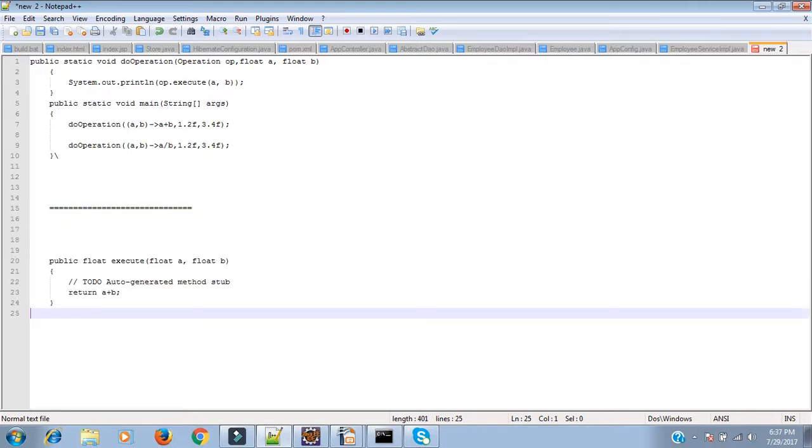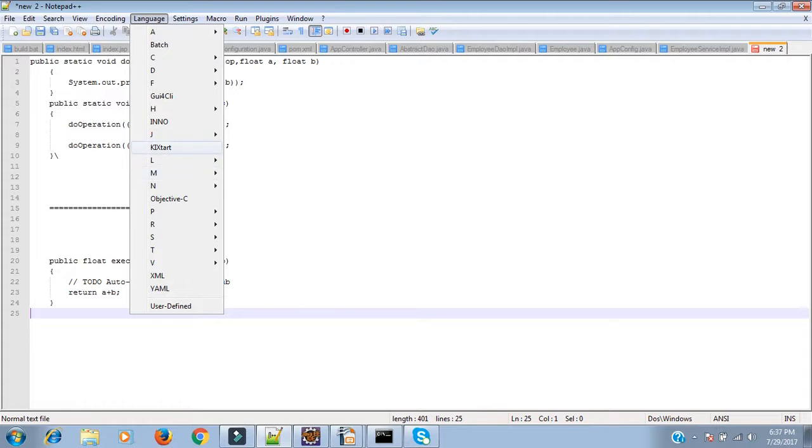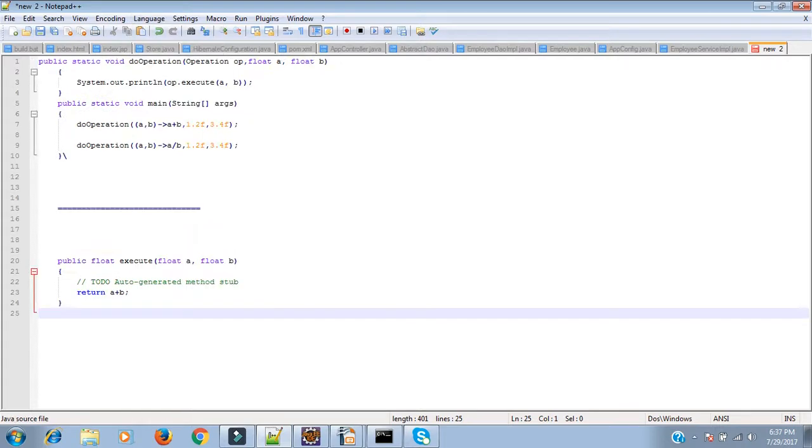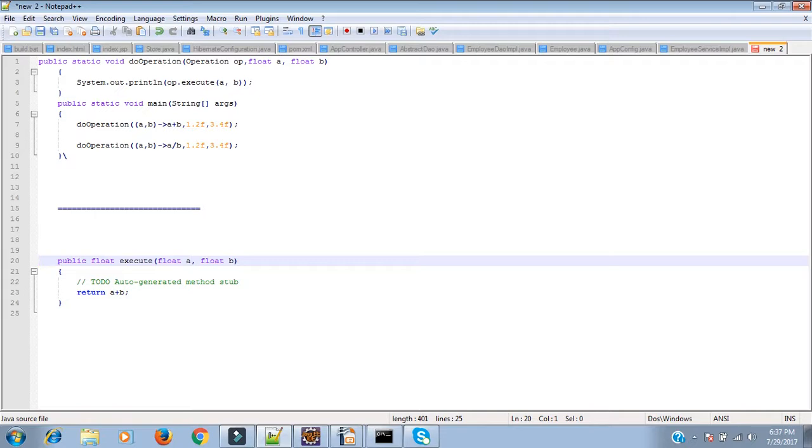So this is the method. Okay, so in a lambda expression we can assign the method to a variable. So let's name it addOperation